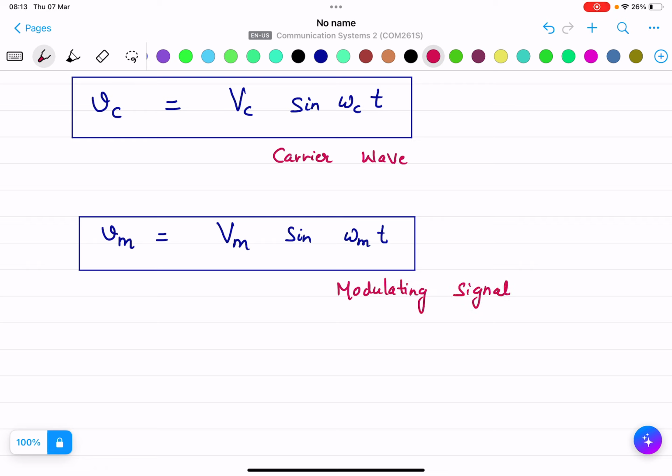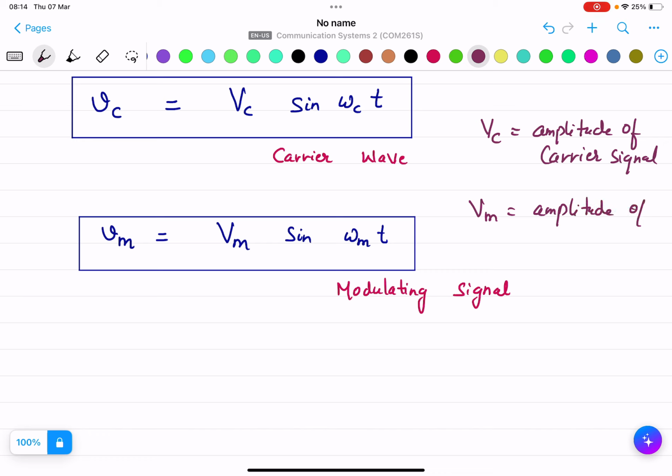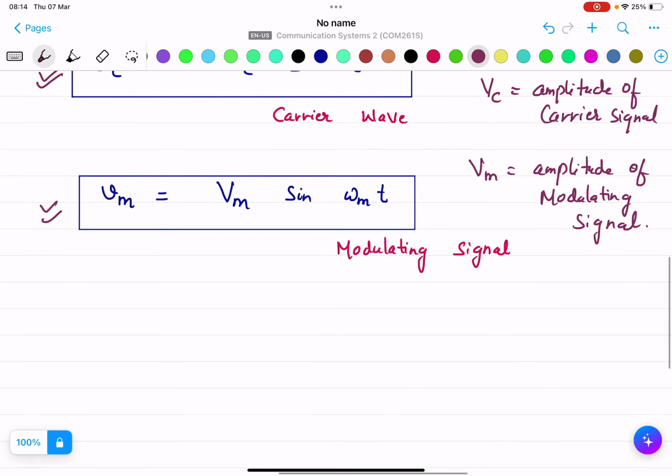and where Vc, we already discussed, is the amplitude of the carrier signal and Vm is the amplitude of the modulating signal. Okay, so this is the way we express both Vc and Vm. Now